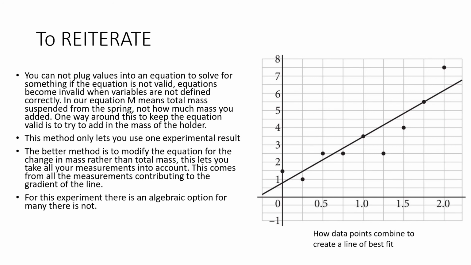So one way to keep the equation valid is to include the mass of the holder. And the thing is, in some experiments, it's harder to keep it valid than others. So if you do want to use algebra, you can only use one experiment or result rather than all of the results which you've gathered. It's useful to use all your results, or else you might as well only collect one if you're only going to use one. But yeah, the algebraic method only lets you use one result,